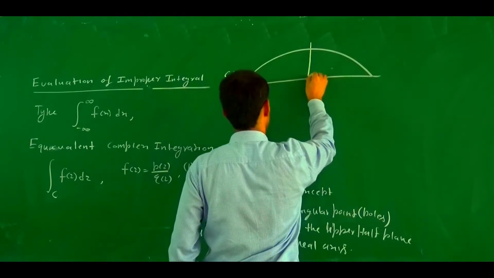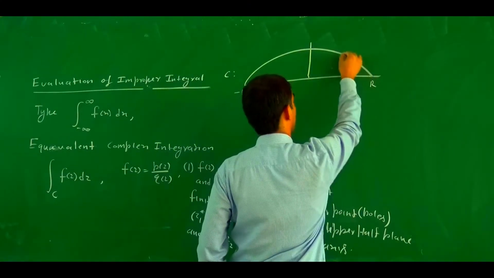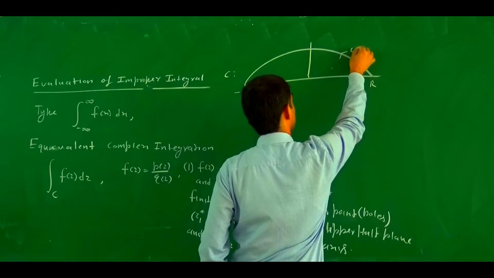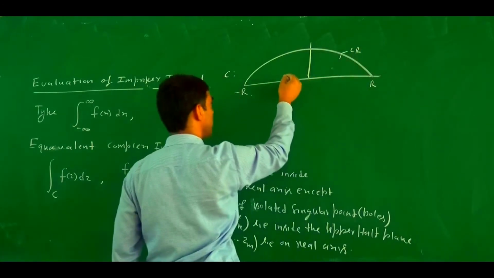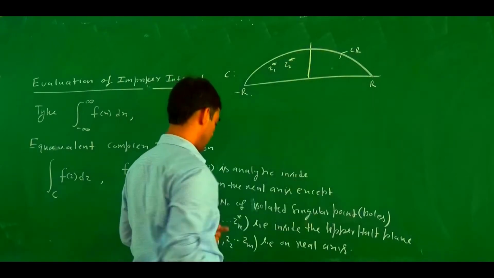This one is C, this is minus R, this is R, and this is CR. Here there are z1 star, z2 star, meaning these singular points